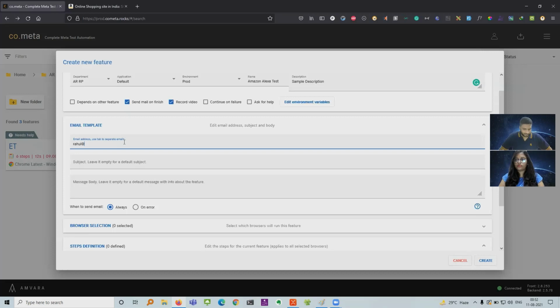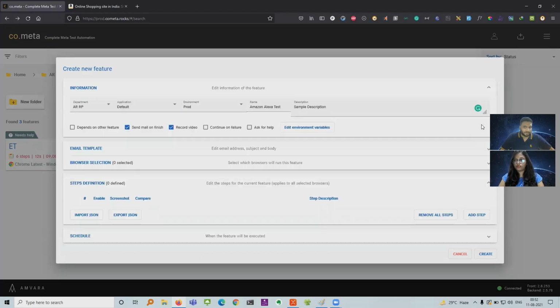I'll use a disposable email, rahul@mailinator.com, and let's see if it will trigger there. I can give a customized subject or a message body. For now, I'm leaving it to default. So let's see how this is sent to us in the default mode. And when to send the email: I've checked always. You can also select on error if you only want to get emails related to errors only.